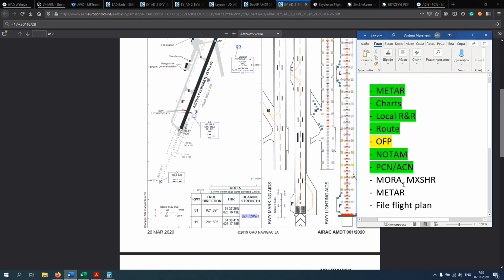It's basically used in cases when you fly over high terrain like mountains, and for example, if something goes terribly wrong on board, like engine failure or depressurization or fire, and you need to descend. In case of engine loss, you need to descend to some safe altitude, because probably you will not be able to keep the same altitude. So you need to know what is the most critical MORA on your route,